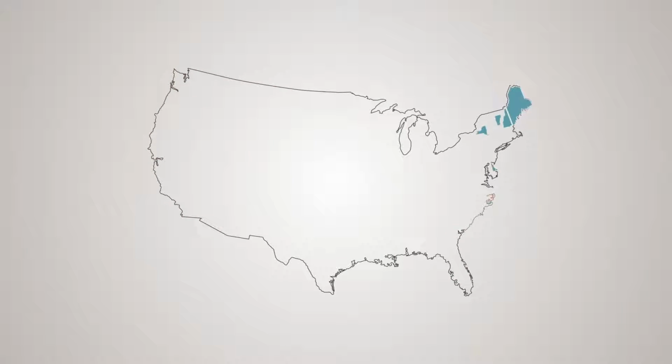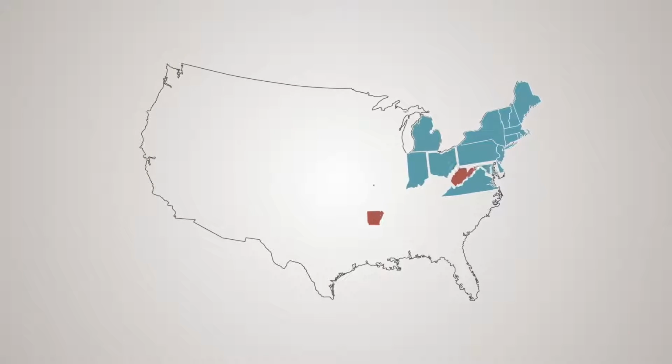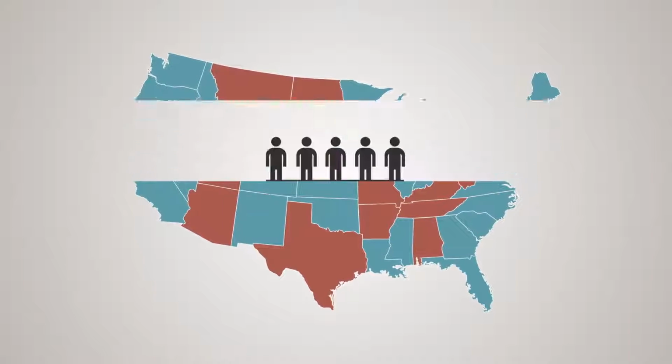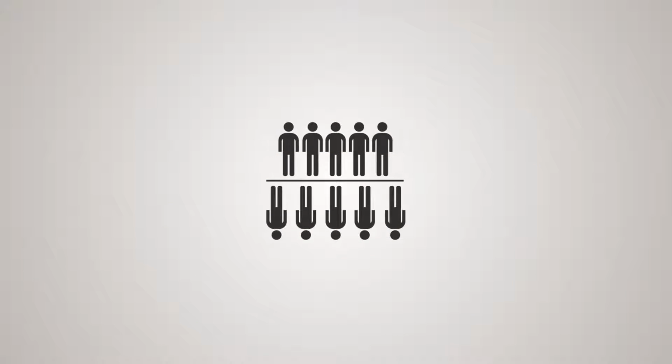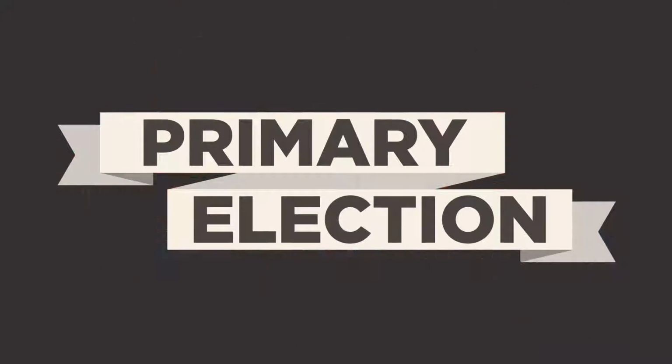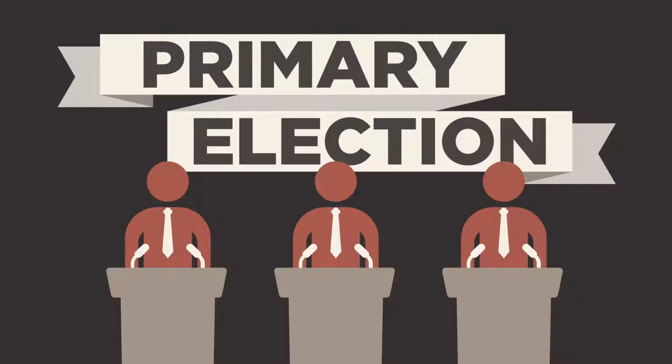Today, in the United States, we have a two-party system: Republicans and Democrats. They are so powerful that they control who can or can't vote. How do they do that? Major elections in a two-party system are often held in two phases. The first phase is the primary election. In the primary election, party members choose which candidates they want to represent them on the general election ballot.